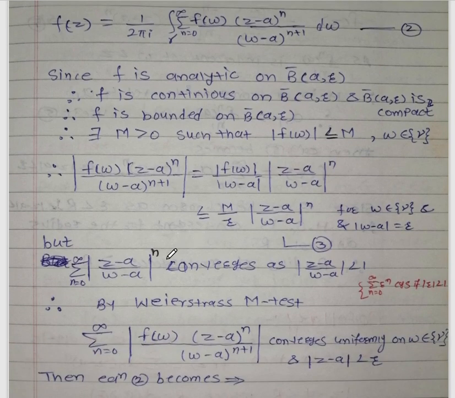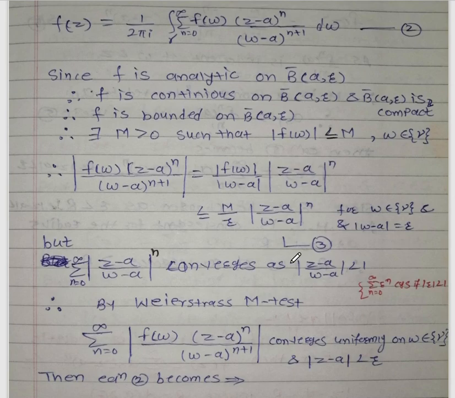So by using the Cauchy estimate, take |f(w)(z - a)^n / (w - a)^(n+1)| separately, which is |f(w)|/|w - a| times |(z - a)/(w - a)|^n. Since |f(w)| <= M, this can be written as M/|w - a|, and since w lies on the circle, |w - a| = r, times |(z - a)/(w - a)|^n. Here w belongs to the curve gamma contained in an open circle, and |w - a| = r.